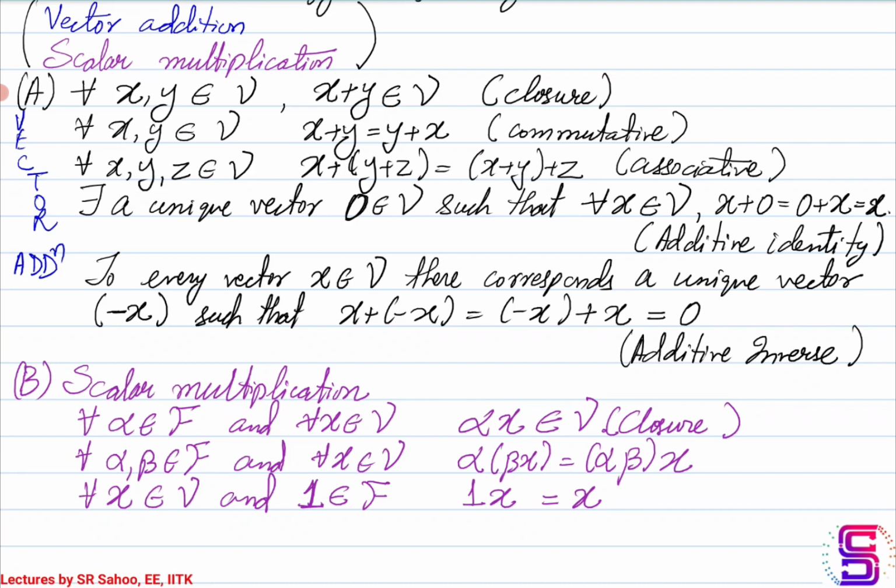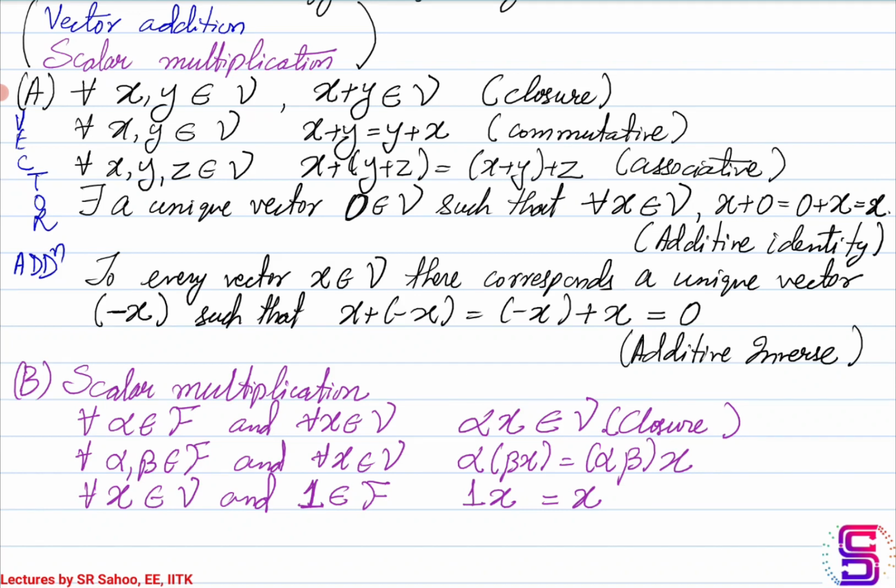So essentially there is no scaling, neither upscaling nor downscaling; nothing happens to the vector. The same vector comes out if you take the identity element 1 from the field. Okay, so these are the three properties that one needs to satisfy as far as the scalar multiplication is concerned.